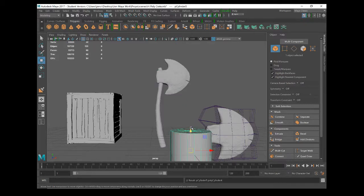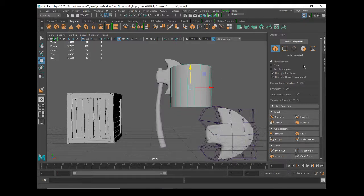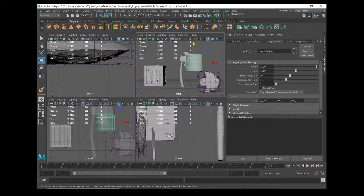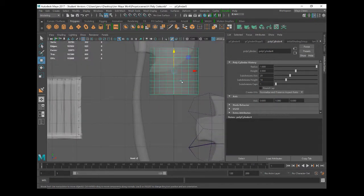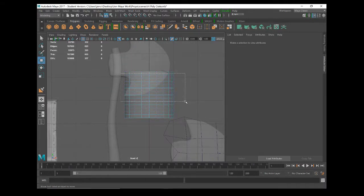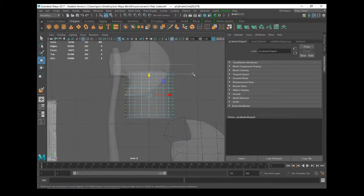each row of vertices from the side view, go in, select your vertices row by row, move them to where you want, scale them, and just gradually get them in position,